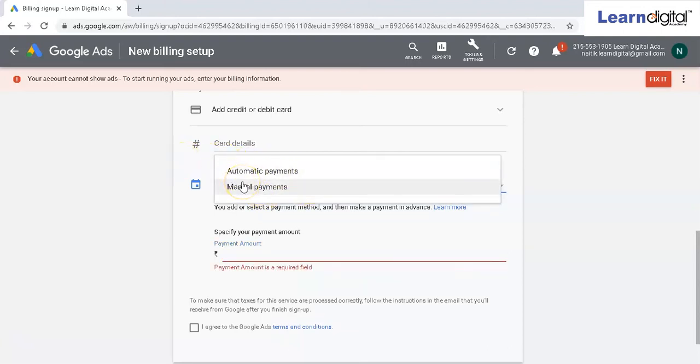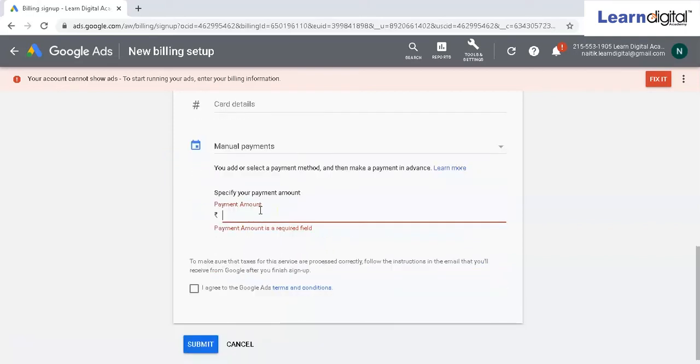So I prefer that you go with manual payments, and then you can put a value over here. The minimum to add money to the account is 500. Let me tell you, it is not compulsory that running a campaign requires a minimum of 500. No, for adding money in the account we require a minimum of 500 initially. Getting it? You can use it in, let's say, 5 different campaigns, like 100 for each campaign. That's none of the concern. For adding the money in the account, you need at least 500.